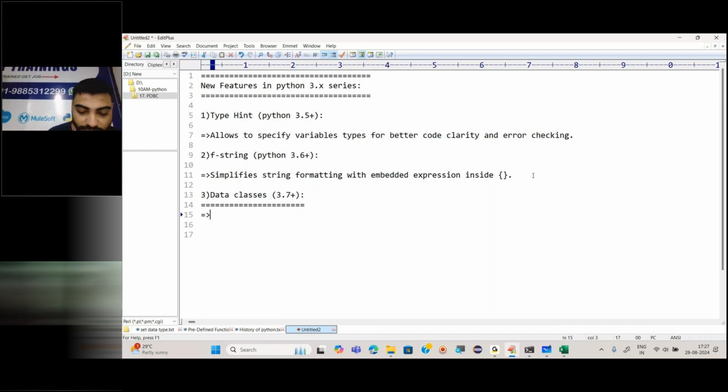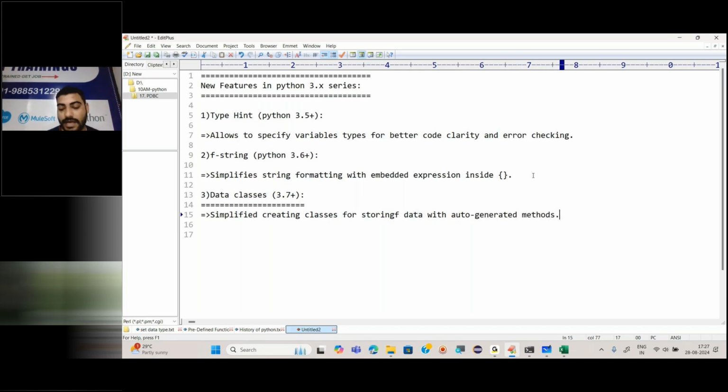It simplifies creating classes for storing data with auto generated methods. Now what is a method, what is a class, forget about it for now. I'll tell you everything in detail about this.